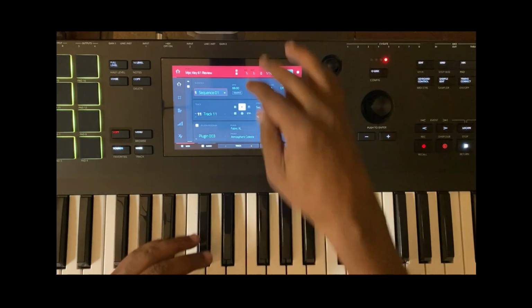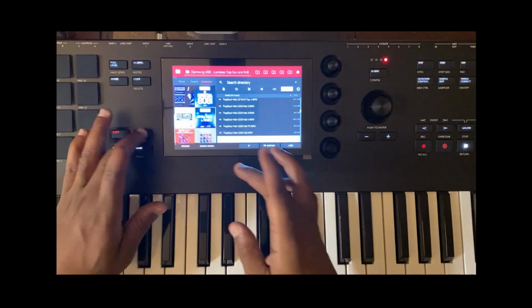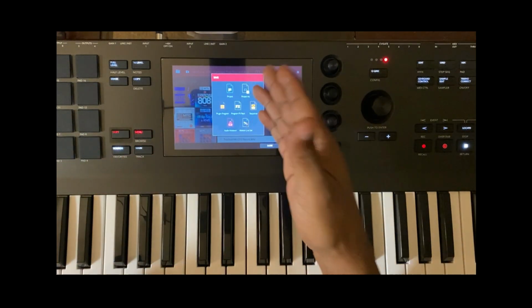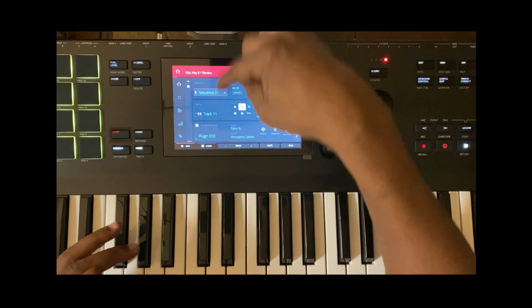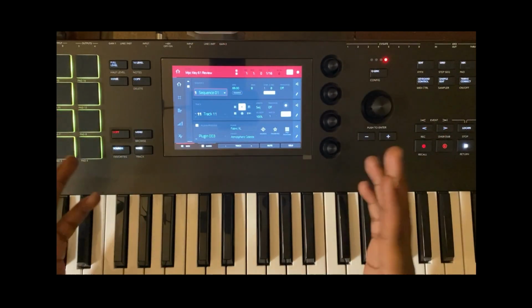Giving me the option to just go boom instead of having to click to hit save to get to projects and all that stuff. But again, maybe I'm being nitpicky, but being the fact that it was on all the firmware, it was there. Now it's not. It's kind of